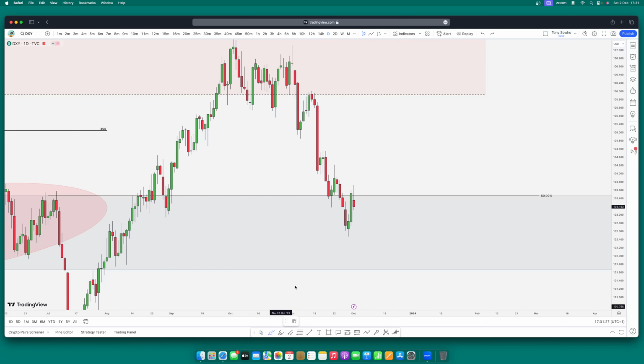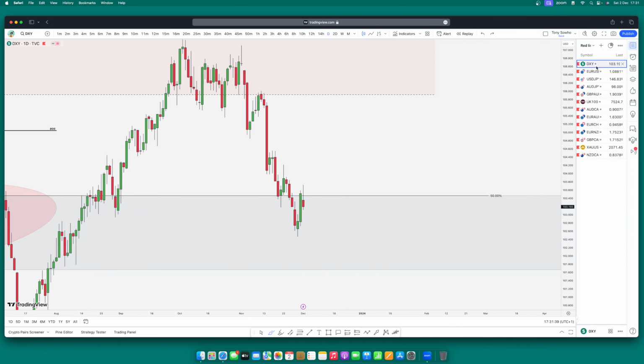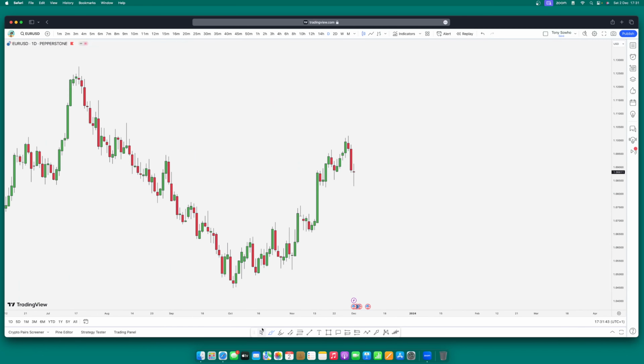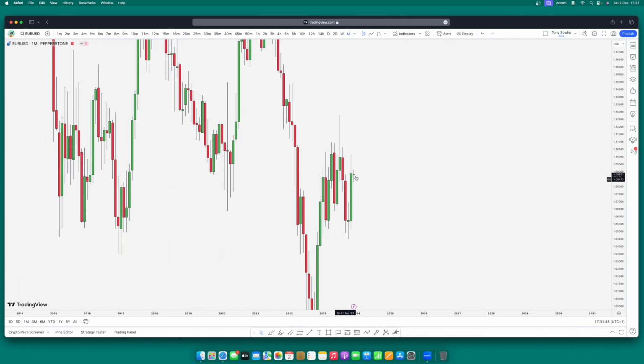So it will make sense if price comes down. That's going to give us a complete market structure formation: lower low, lower high, and lower low. But then I'm just open to see what's going to happen in this area. And then for Euro USD, same thing, right? Just the same thing. We're on a monthly time frame, with price here after breaking the structure, going to